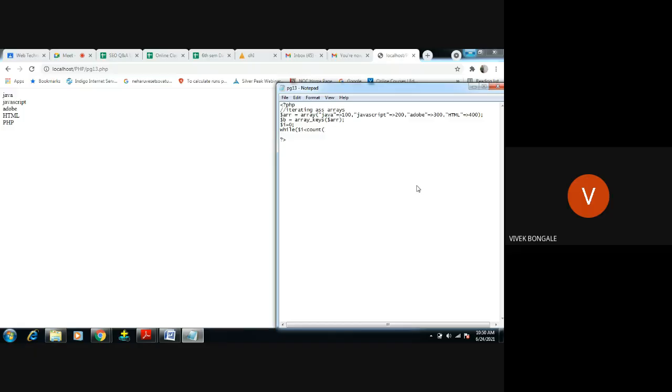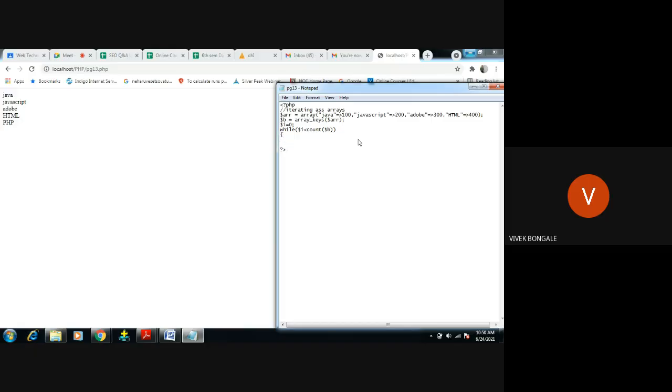Earlier we gave the array variable name inside count, but now we have to give $b, because we are going to iterate with the help of these key values. Earlier we were iterating with the help of index values. Now we are iterating with the help of key values. All the key values are there in the variable $b. So in the condition we have to give this $b.